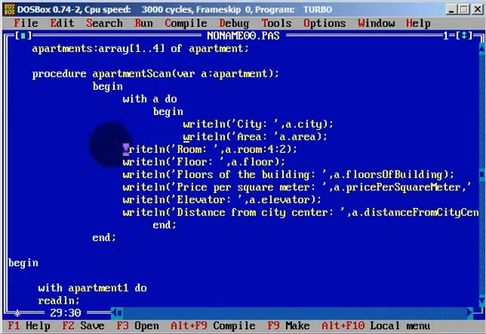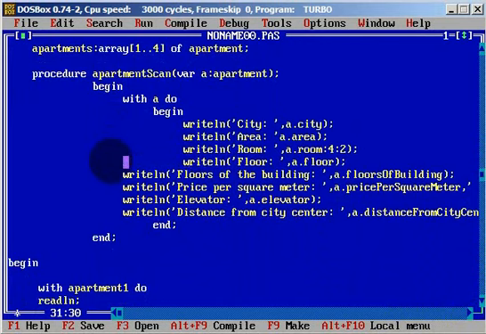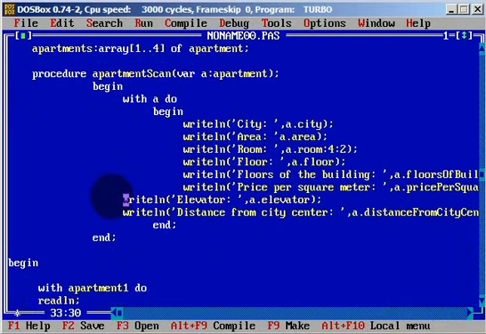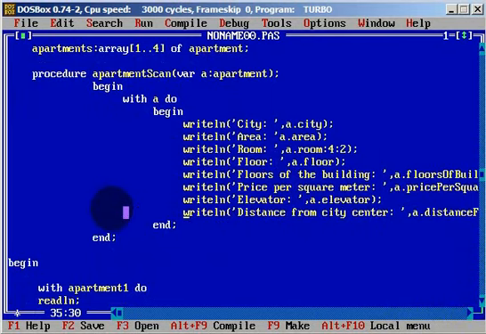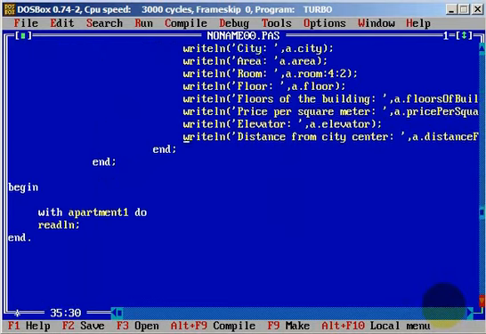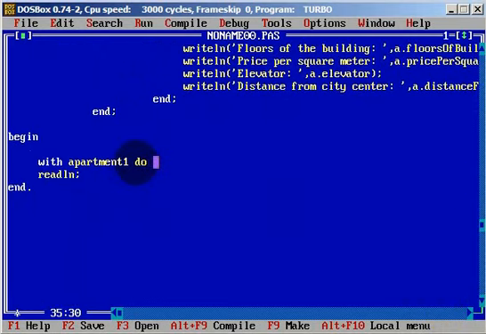Okay. Okay, now it should be better. And we need with apartment 1 do, and we need begin and end,